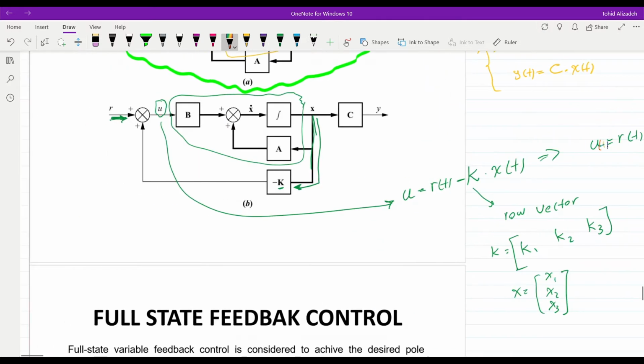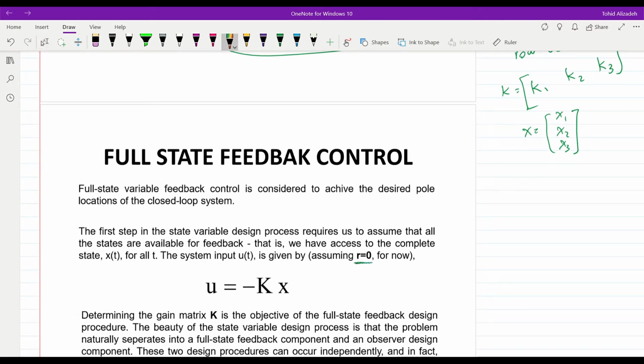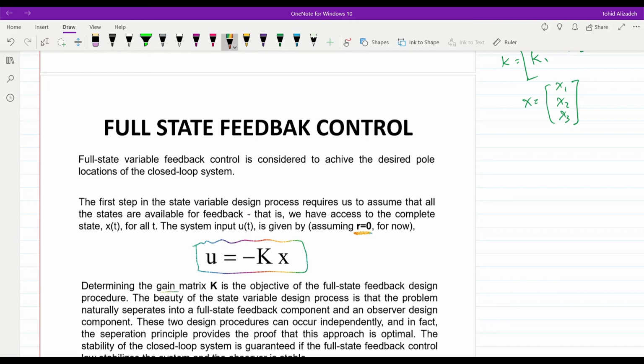For simplicity, for now, we will assume that R is equal to 0. Later, we will see how to deal with the cases in which R is not equal to 0. And therefore, u will be obtained as minus K times x. K is called the gain matrix for our controller. And our aim here in designing the controller using the state feedback would be to design or find proper values for K. So the main aim here would be to determine K,